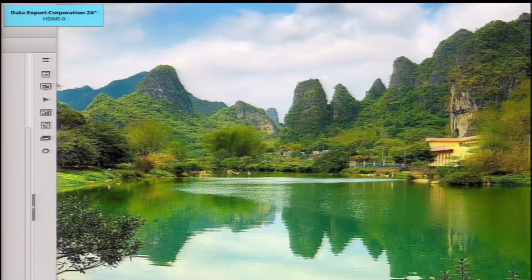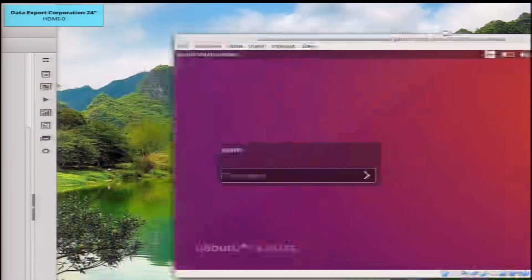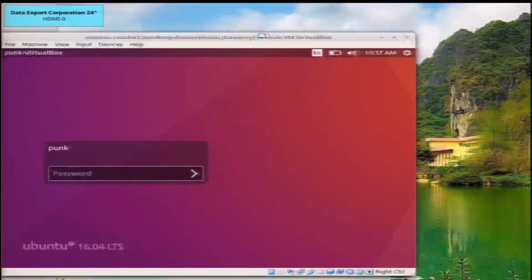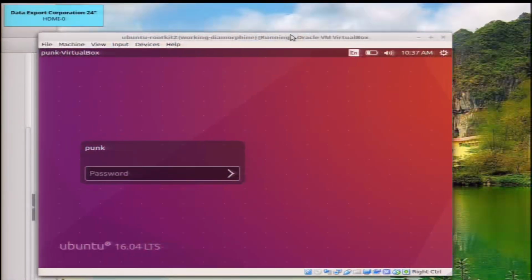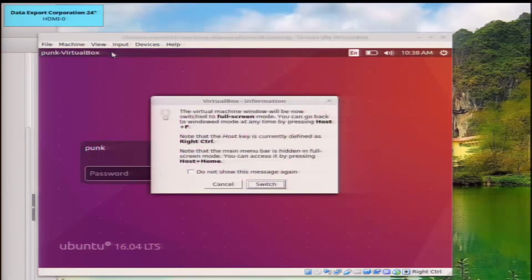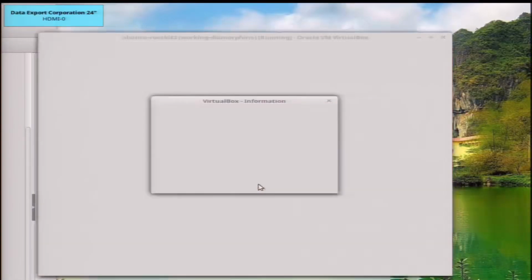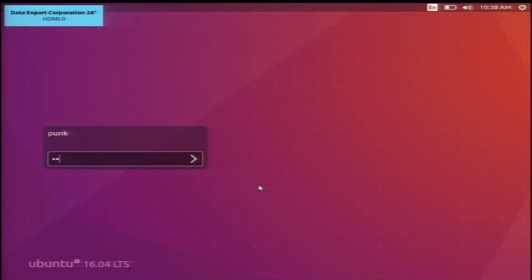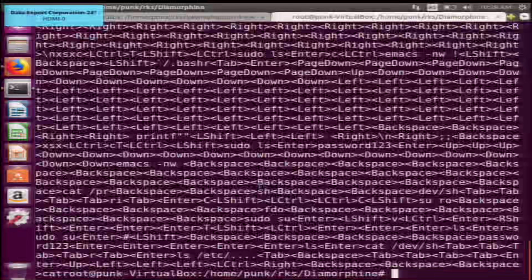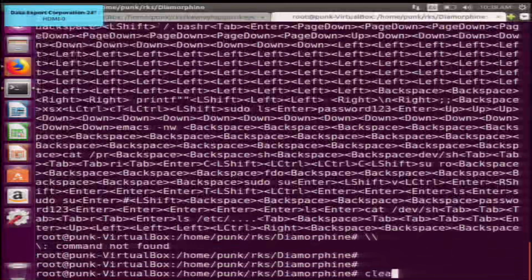I have a little problem here where I cannot mirror my displays. So I'm going to go ahead and put my VM over here, but I can't see anything on my own machine. So I'm just going to have to look this way and hope that everything works out really, really well. Oh shit, that's like the spoiler.